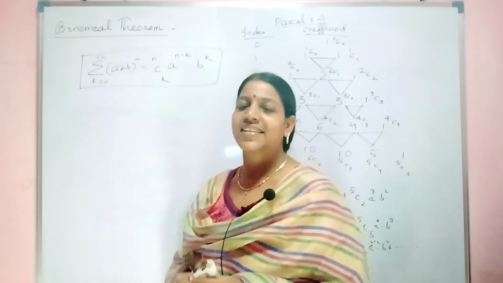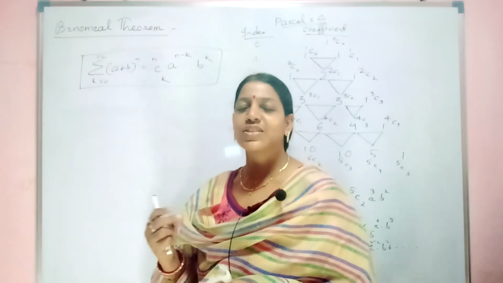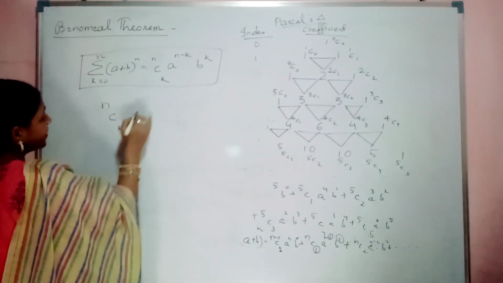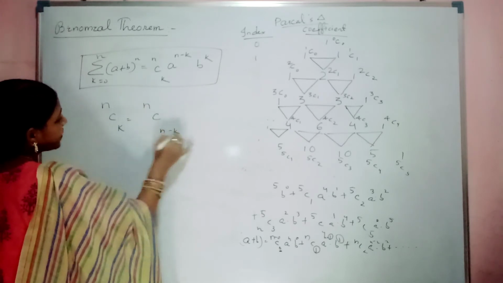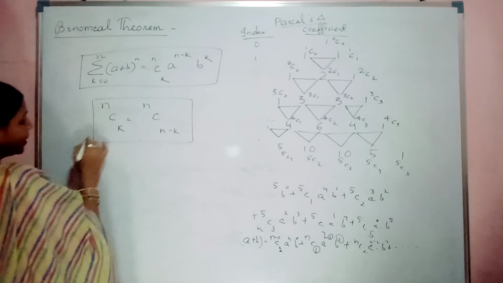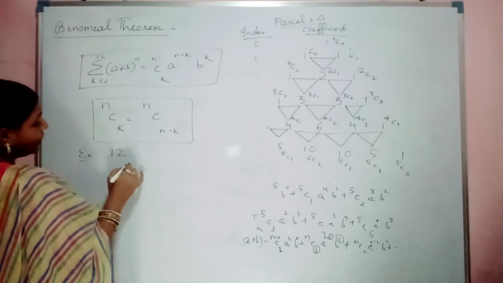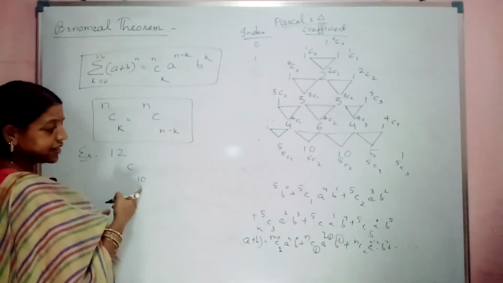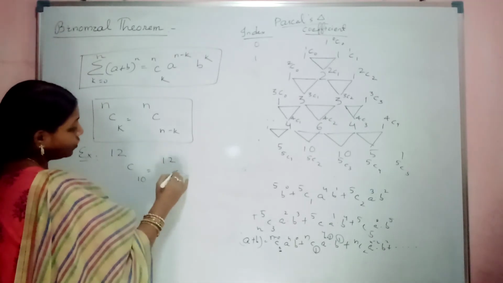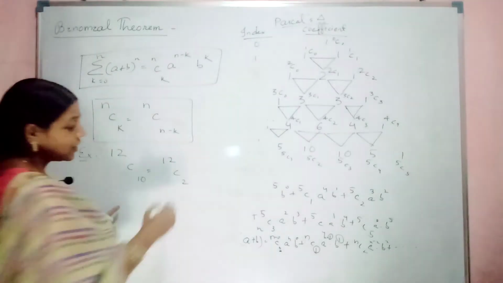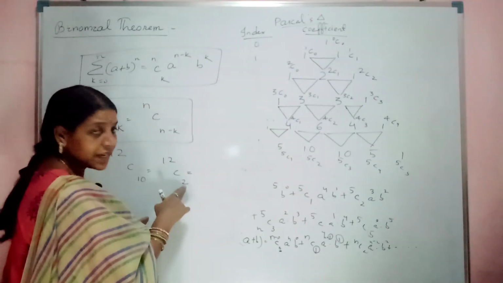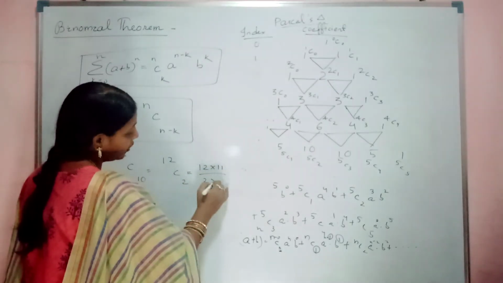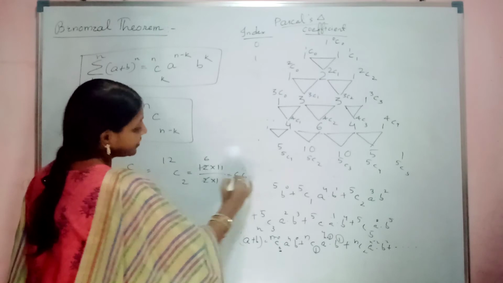Now let us see some tricks to find the combinations very quickly. For example, nCk is nothing but nC(n minus k), both are the same. Now for example, they have given find 12C10. In such a case, if you find the lower number is far larger, you just subtract it: 12C, 12 minus 10 is 2. Now the shortcut way: how many terms are written below? Write that many terms on the top. So 2 terms, 12 into 11 divided by 2 into 1. So it is 6 times 11. So what is the answer?